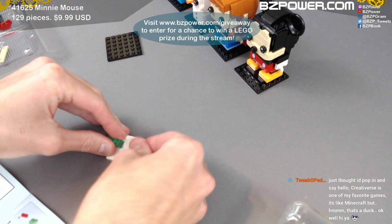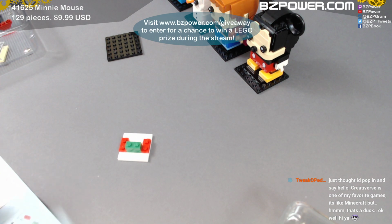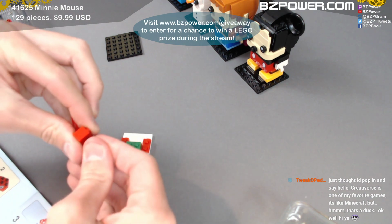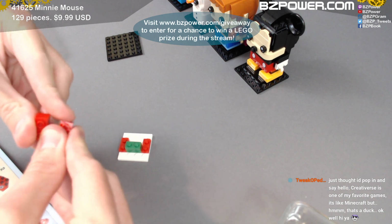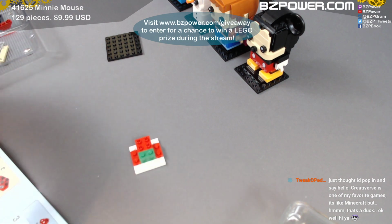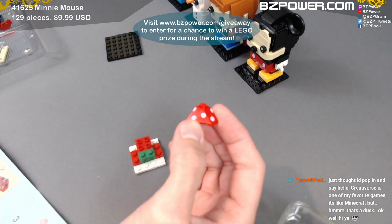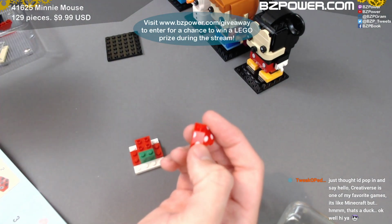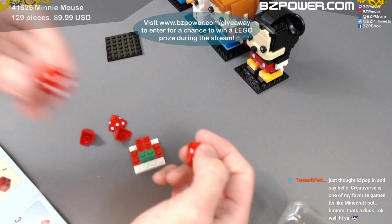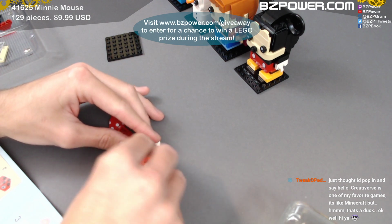Let's build us a mouse. Alright, so the first few steps are very similar to Mickey, but then we've got these corner slope pieces with polka dots for her dress, as well as a 2x2 slope. And so that immediately sets her apart